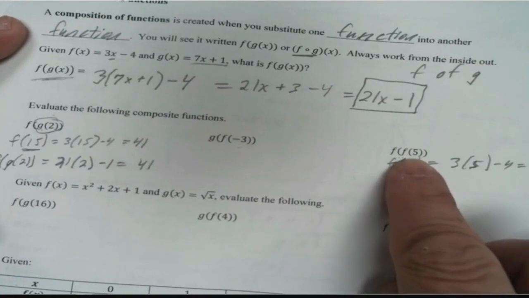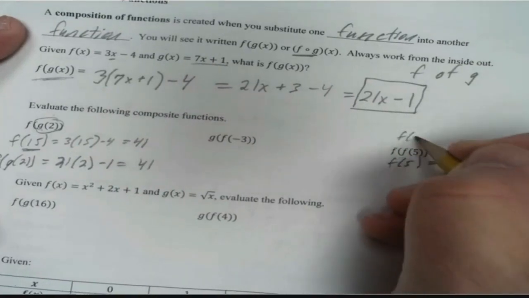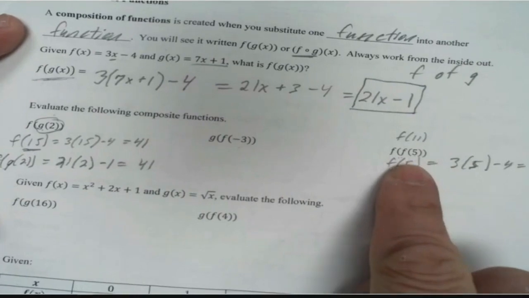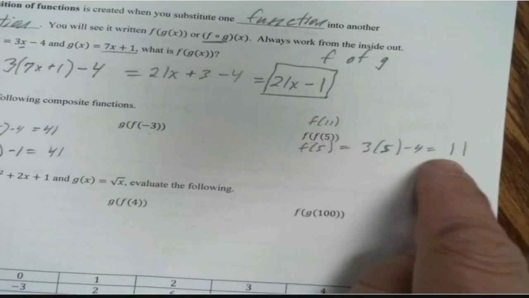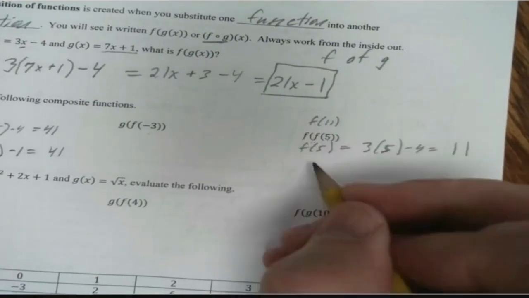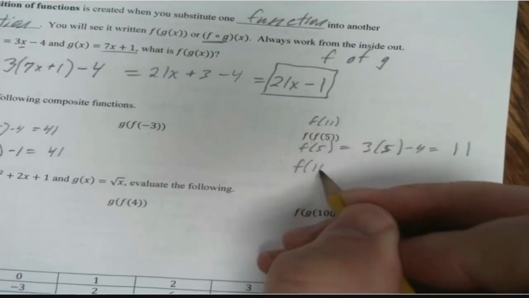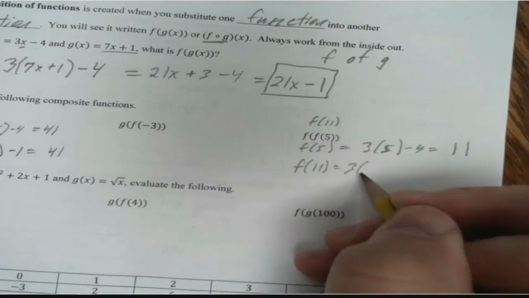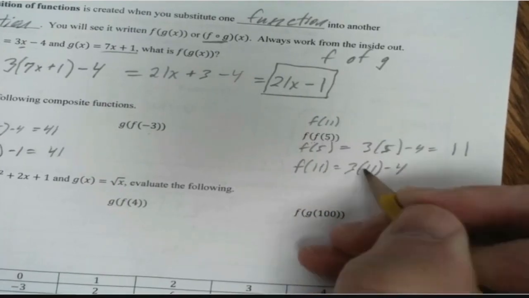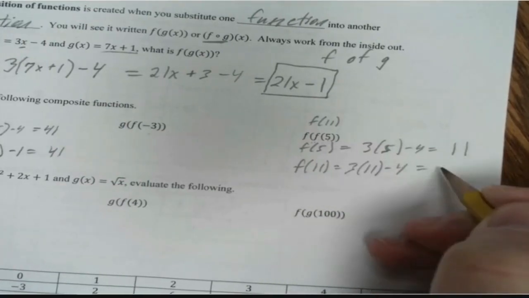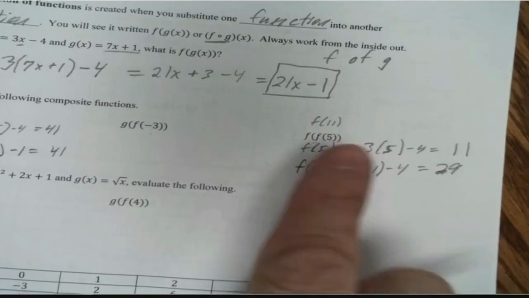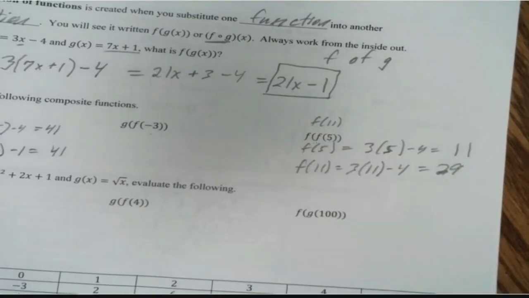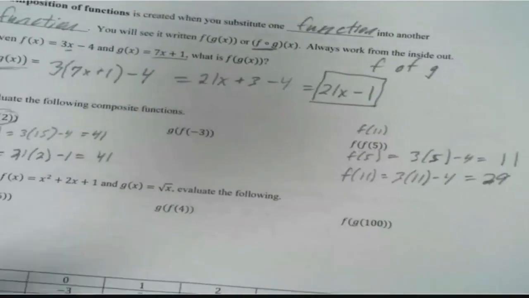So now we have to take that and put that in there. So that would be f of 11, because f of 5 equals 11. So what's f of 11? F of 11 equals 3 times 11 minus 4. 3 times 11 is 33. Minus 4 is 29. So f of 5 is 11, but f of f of 5 is 29. You have to pay attention